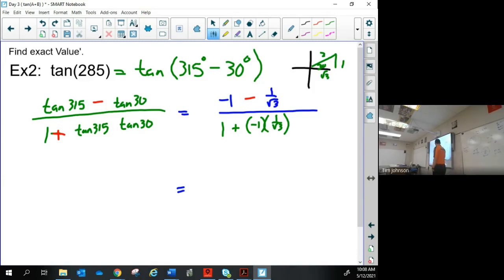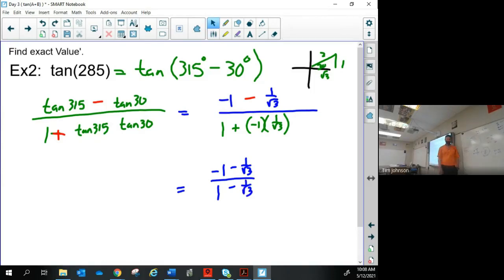All right, so we simplify this. We have 1, -1 minus the square root of 3 over 1 minus, okay, 1 over the square root of 3. Now,